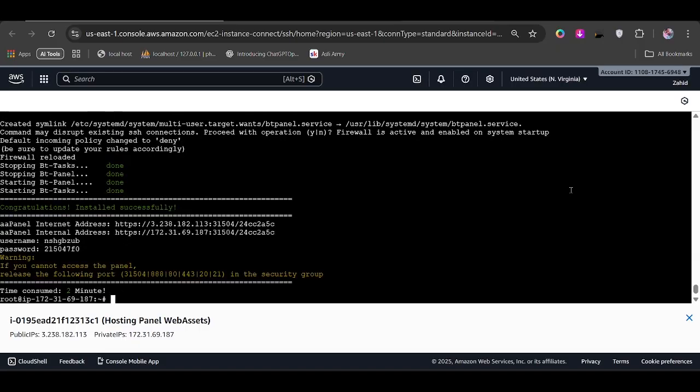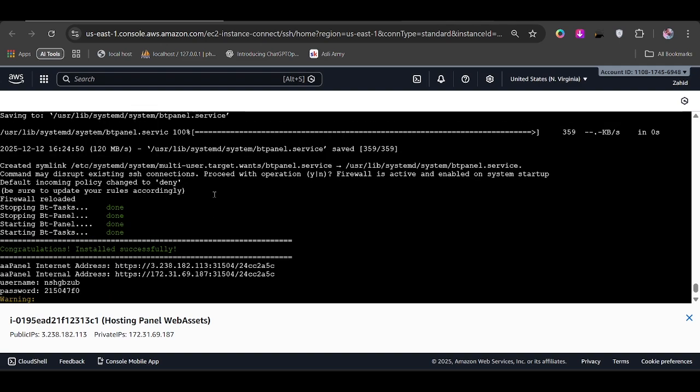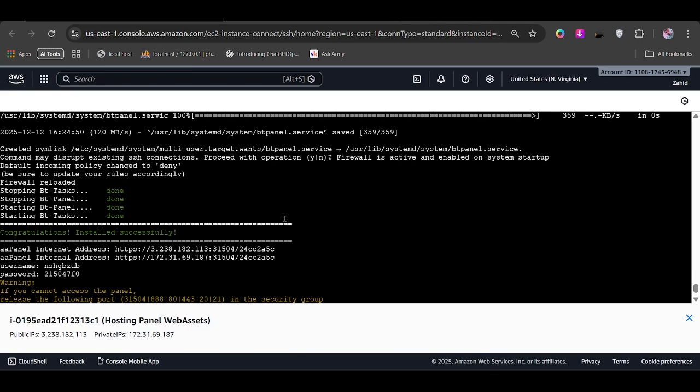So this is the process, and it will take a little bit of time, but after it is finished, you can access the dashboard of AAPanel, and here it is. It has stopped. See, we are now on the root. We can type commands, means it is finished, means it has ended. And here is the configuration. See, the AAPanel is now installed, but what you have to do is now you have to access it, and for accessing it,